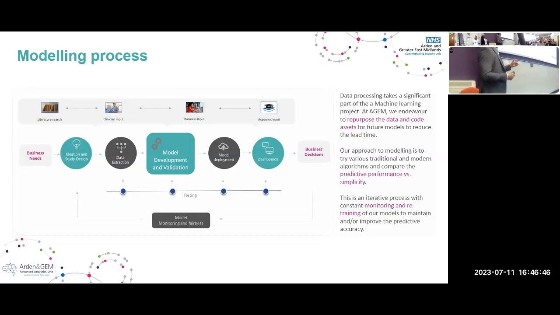After that, we've been given access to their data. We would extract the data for certain fields, having done checks on the data as well, data quality checks. And then after that, we would begin to choose a few models that could be appropriate for our research question. So that's the model development phase. And then after that, we go into the validation phase, which is where we train the model on the data.